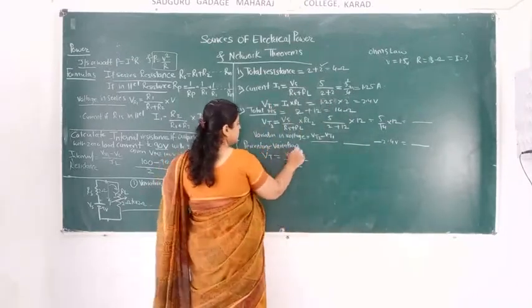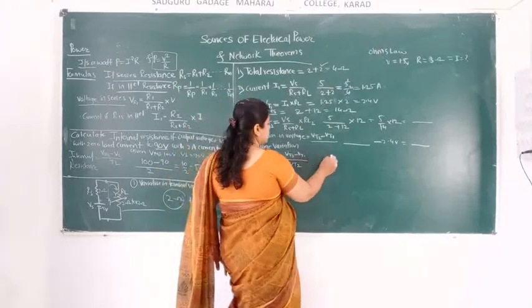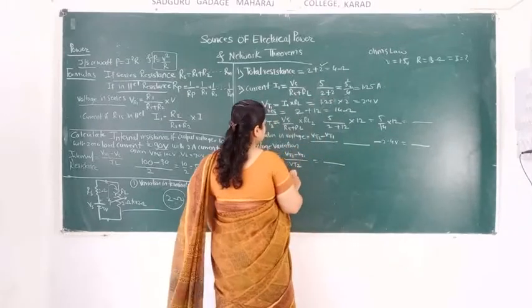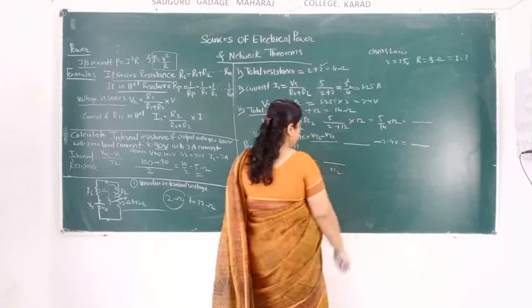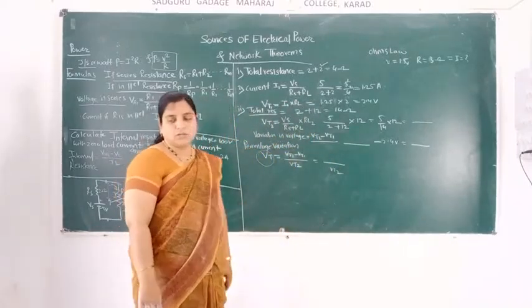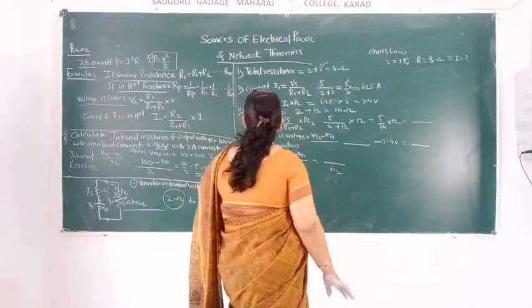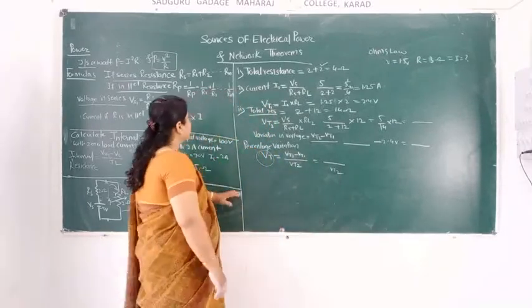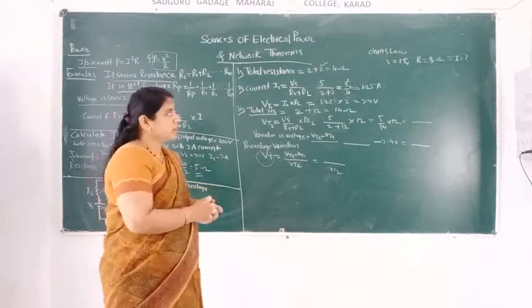So what does percentage variation mean? The change in Vt is Vt2 minus Vt1, and whatever answer comes here, write that answer here. Then with the Vt2 value that we have found out here, you can find out the percentage variation of the resistor. Okay, so such examples will be asked in the exam. You can solve these examples whenever values are given.